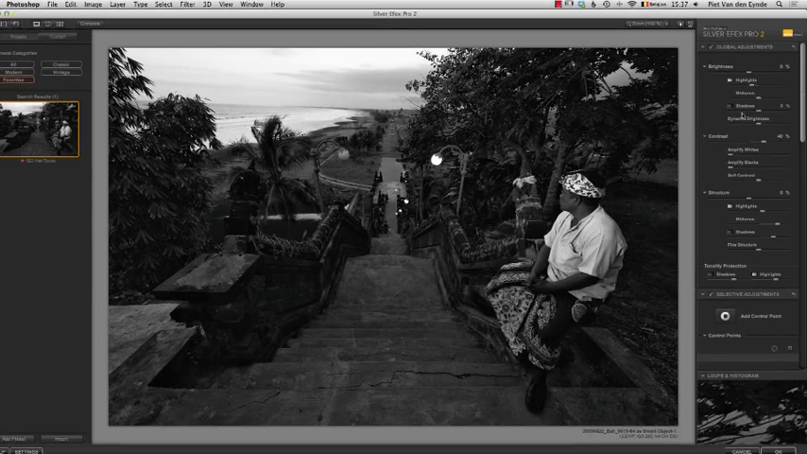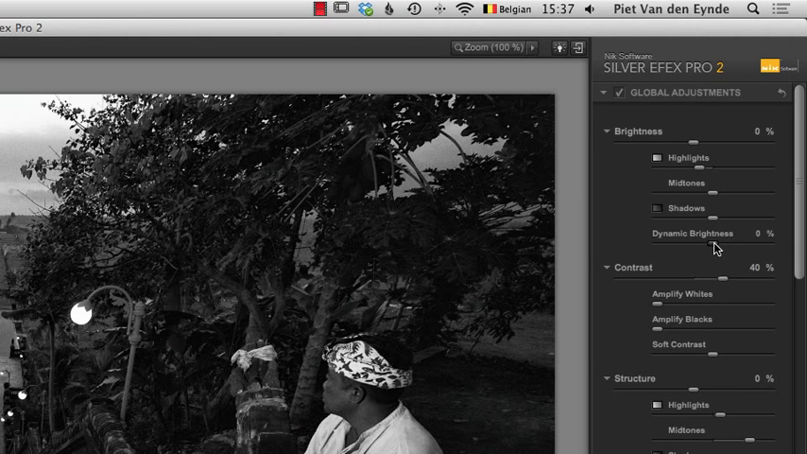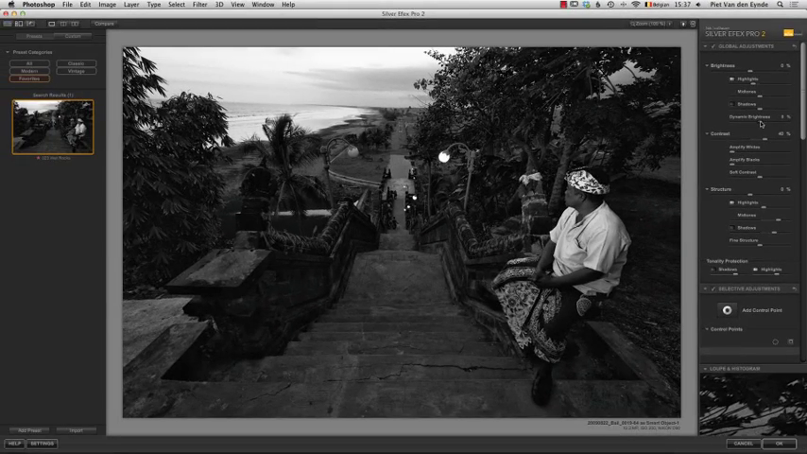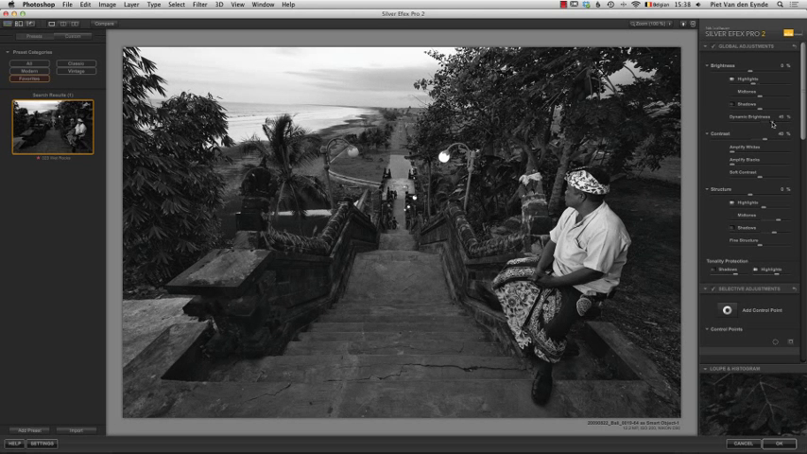One unique slider in Silver Efex Pro is the dynamic brightness slider, which, if I increase it, will increase the brightness of the dark parts more than the bright parts. So in this case, I want to brighten up the image, but I want to protect as much as possible the sky detail. That's what the dynamic brightness slider will do. It's not a regular brightness slider, which would increase everything in the same way and thereby reduce contrast. As you can see, if I put the dynamic brightness slider up, it will mainly increase the dark tones,